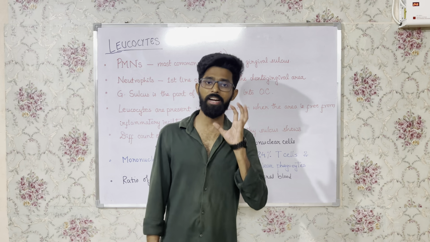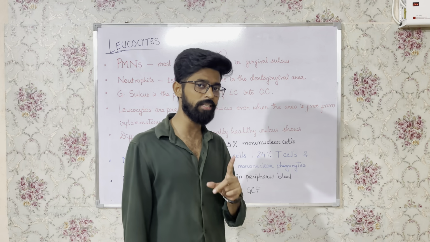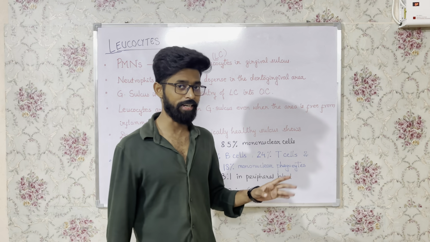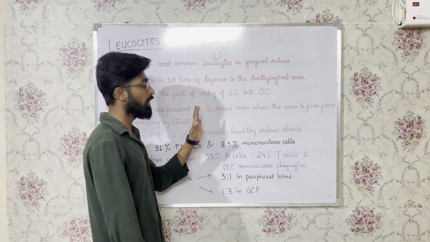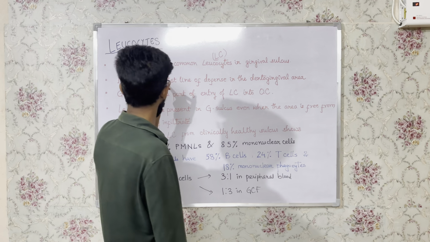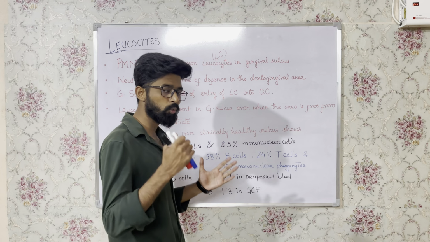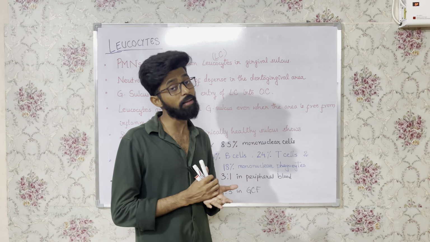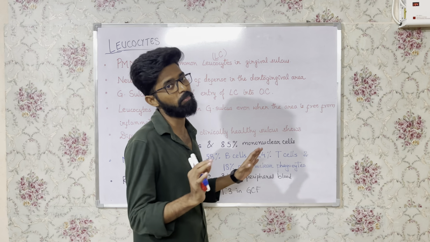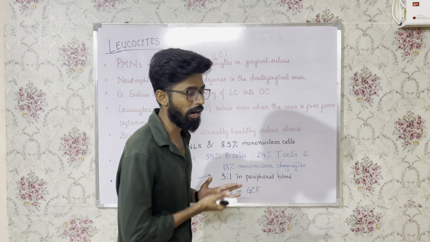I will suggest that you go through the book also once and you will have a much better idea. And in this portion, many people may have confusion about the various types of cells mentioned here. Just go through the types of WBCs or types of leukocytes and you will have a crystal clear idea.